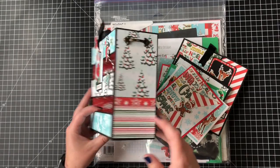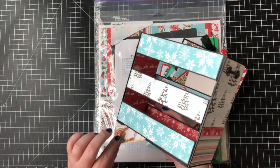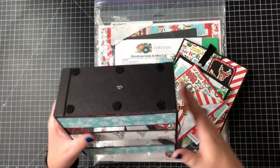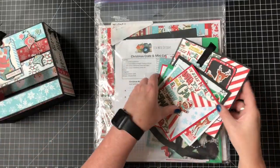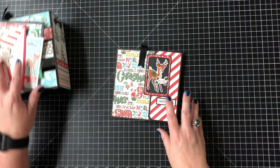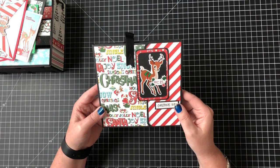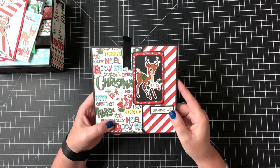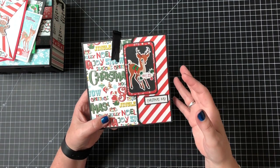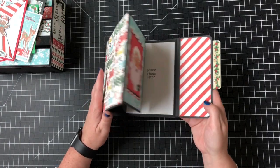So once again, this is what it looks like all the way around. Oh, I got something falling out here. Yeah, I've been looking for you. And there's the bottom here. So let's take a look here at the mini album. I love this reindeer. The only thing that I would do different if I were designing this is he would have a red nose. It would be Rudolph. So this one has a magnetic closure. So the magnets, of course, are included. So when you open it up,